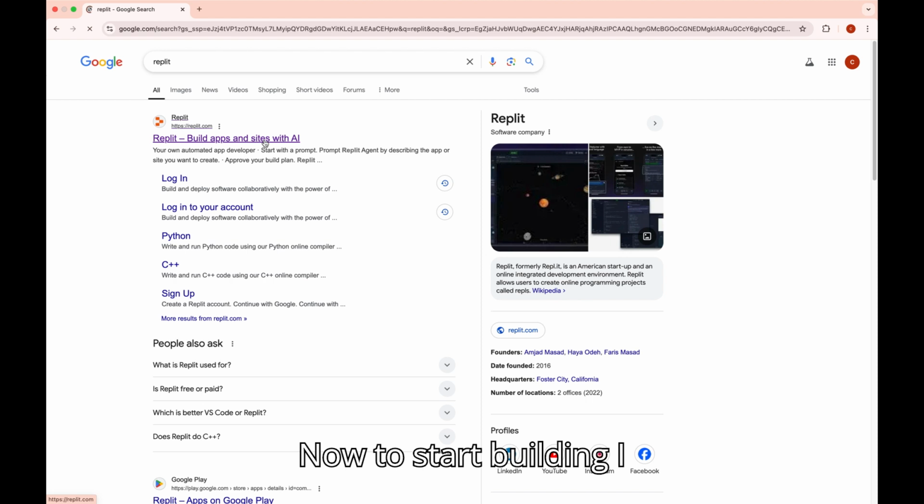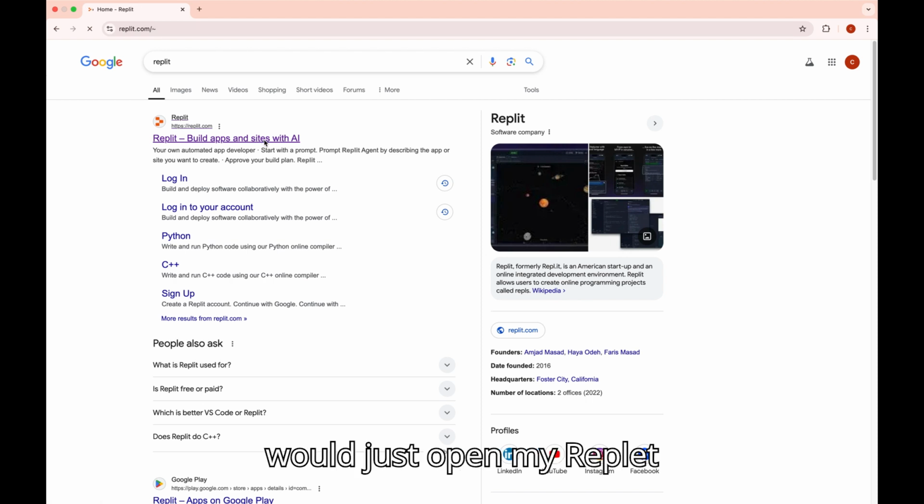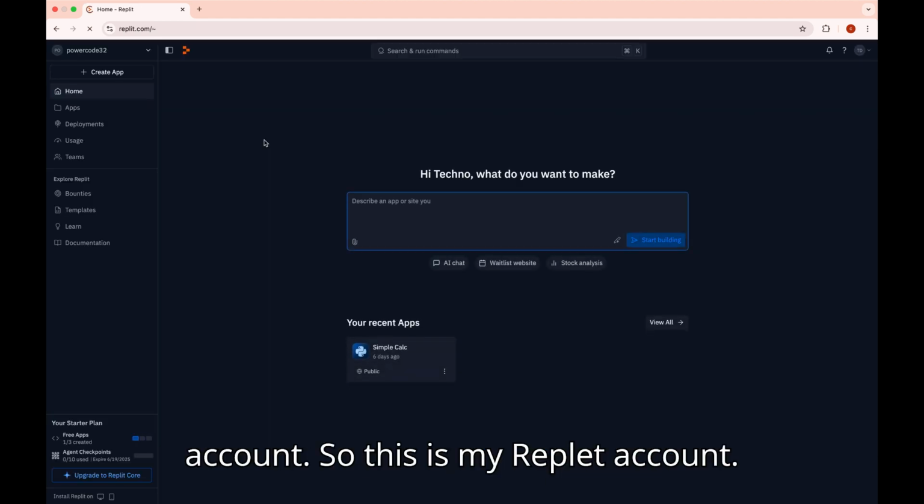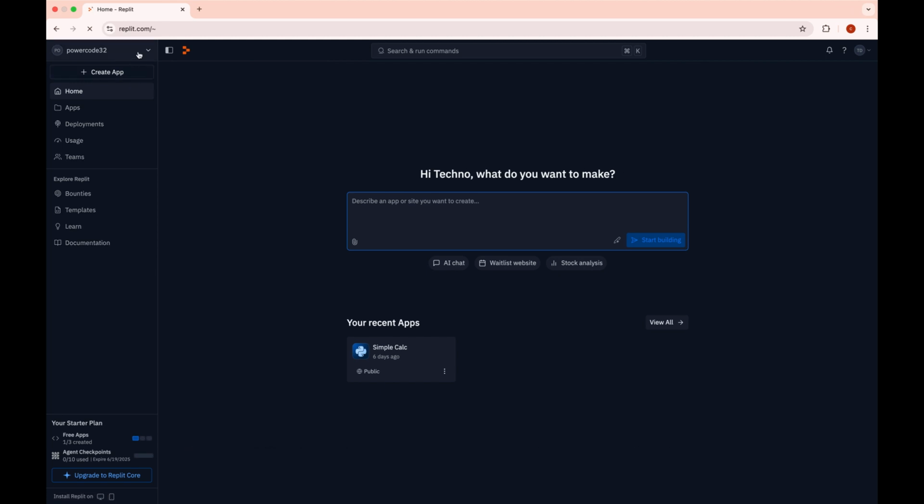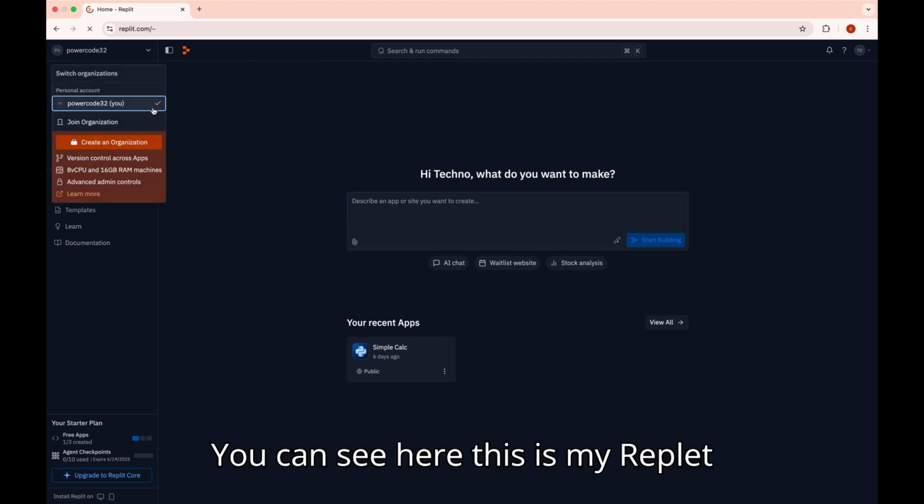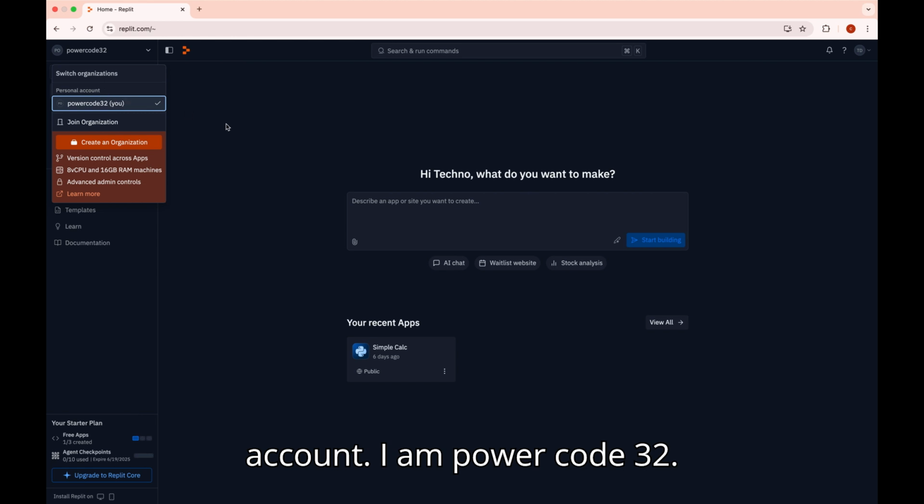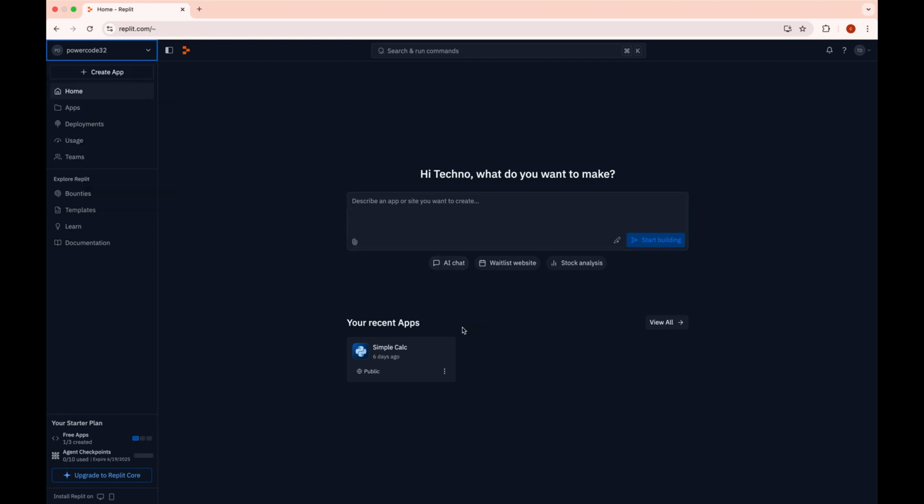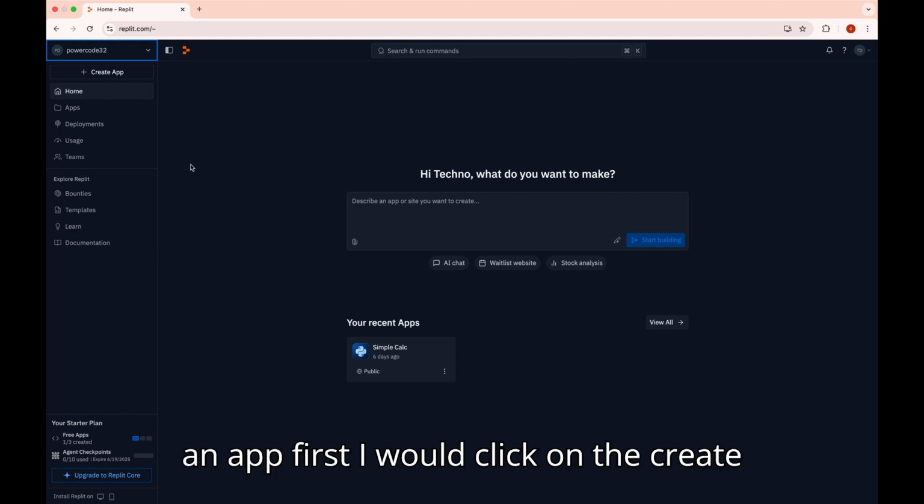Now to start building, I would just open my Replit account. So this is my Replit account. You can see here, this is my Replit account. I'm PowerCode32. Now to create an app, first I would click on the create app button,